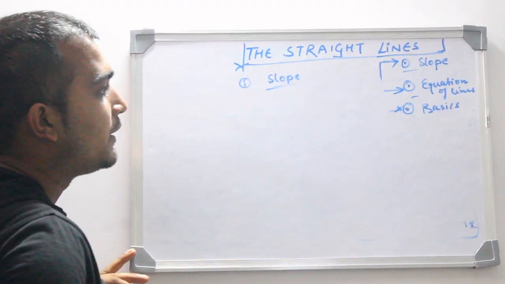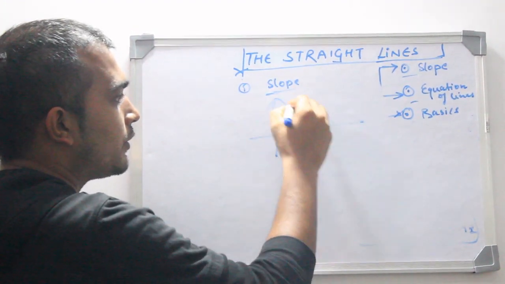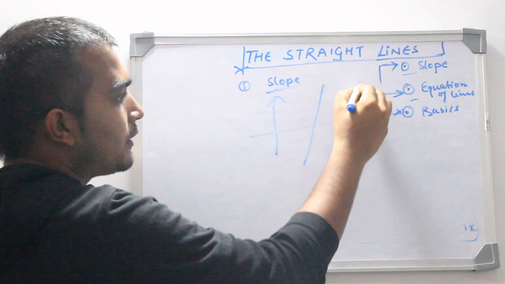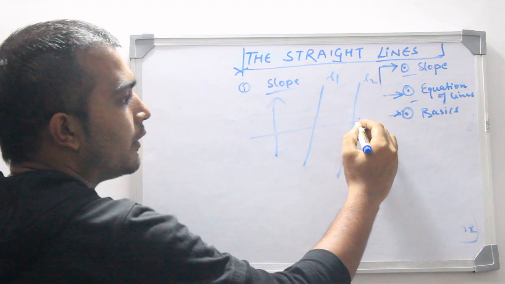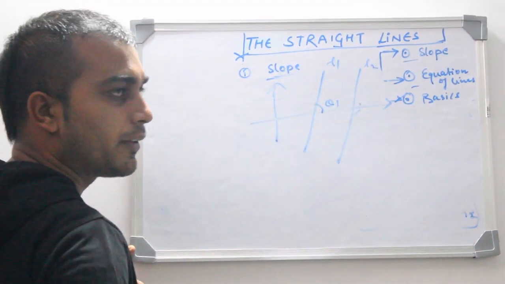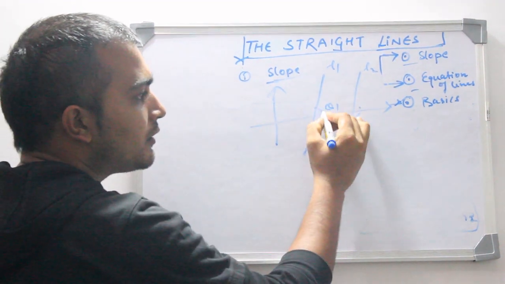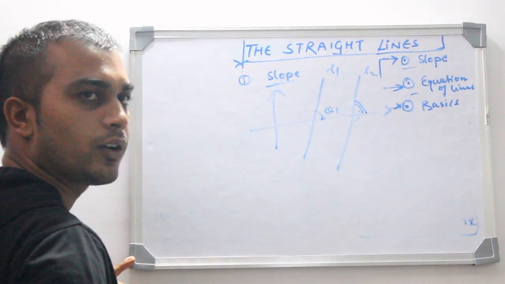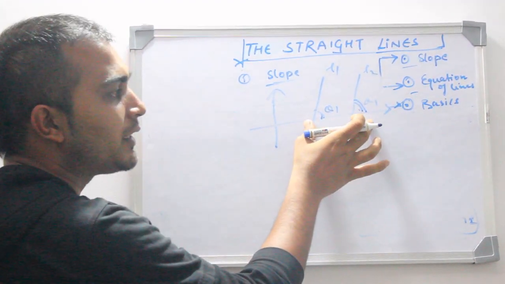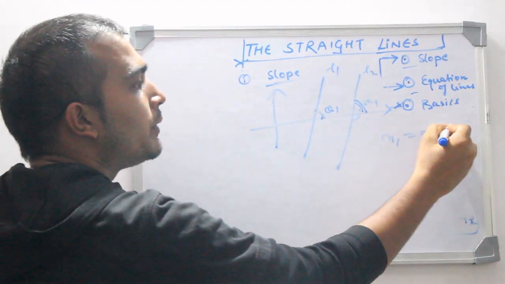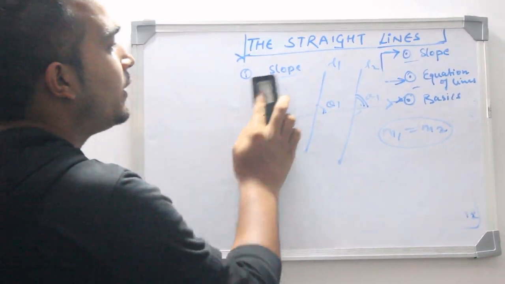Now you have certain conditions of slope of one line with respect to another. Say there are two lines, line 1 and line 2, which are parallel, and line 1 makes angle theta 1 with the positive x-axis. Since these two are parallel lines, this theta should be equal to this theta, corresponding angles. So this should be theta 1. Both are making the same angle with the positive x-axis, so the slope should be the same. So m1 should be equal to m2. So whenever two lines are parallel, their slopes are equal.